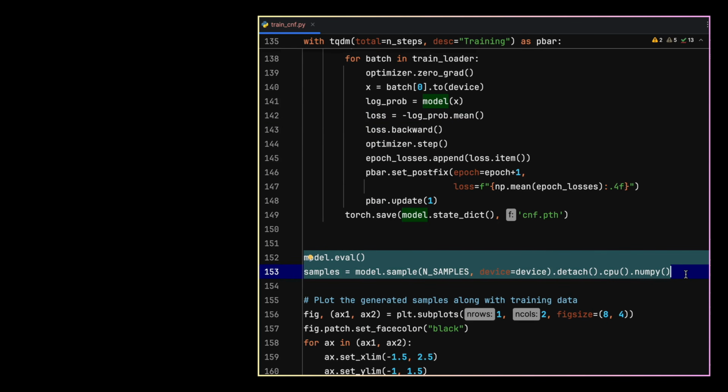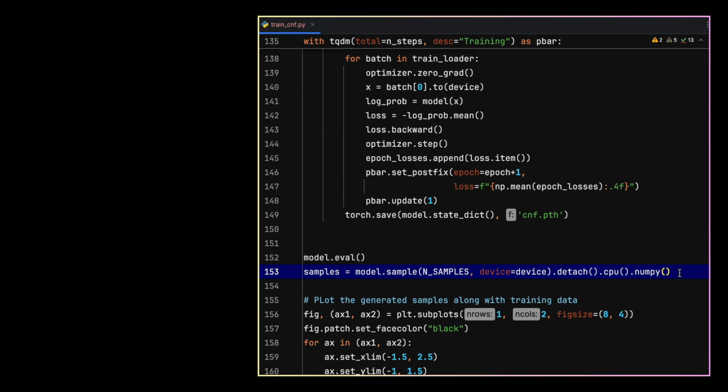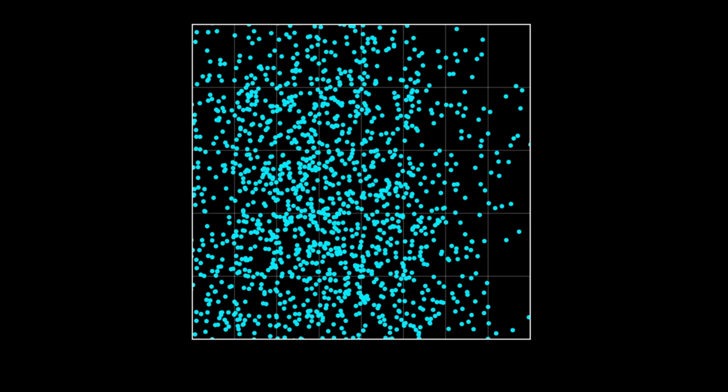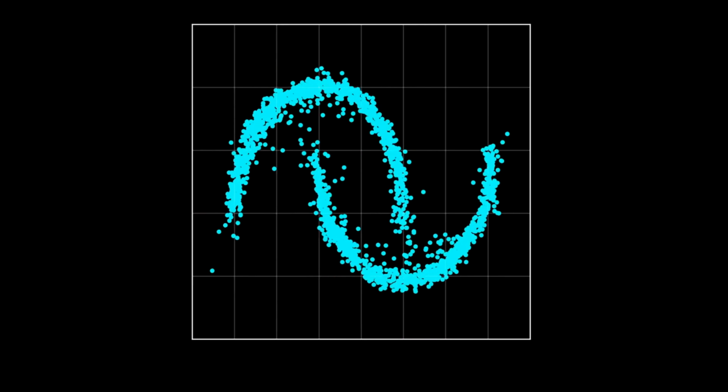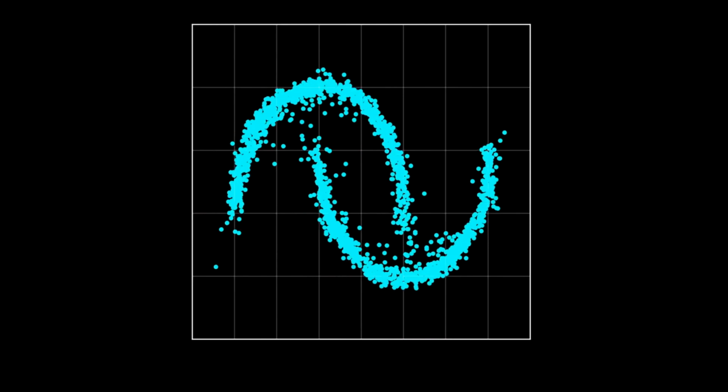When we look at all the 50 time steps of all the sample points, we can see that the model learns to progressively transport samples of normal distribution from their initial state to points which look like samples from our moon's dataset. And this entire code that we implemented works, but it has two drawbacks: high memory usage and the